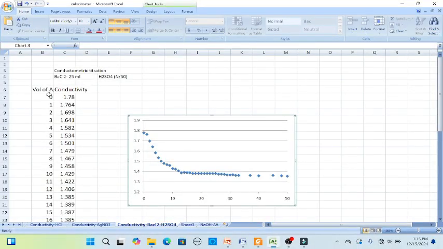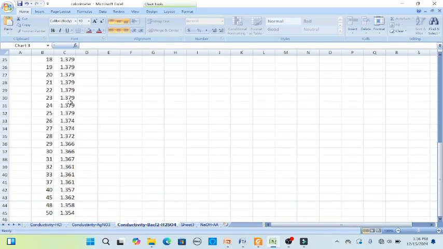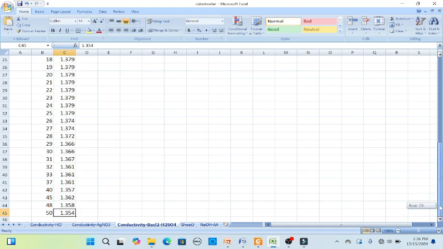So from the lab activity we are getting this kind of results. So volume of H2SO4 added is this, and conductivity recorded I have shown in my notebook also, and on the basis here you can see. So up to 33 I continued my titration, and here you can see the constant values of this conductivity value, and after 33 here you can see I have just increased the volume randomly just to see whether on addition of further H2SO4, maybe the conductivity increases, but the conductivity didn't increase, right? So this is the end result.